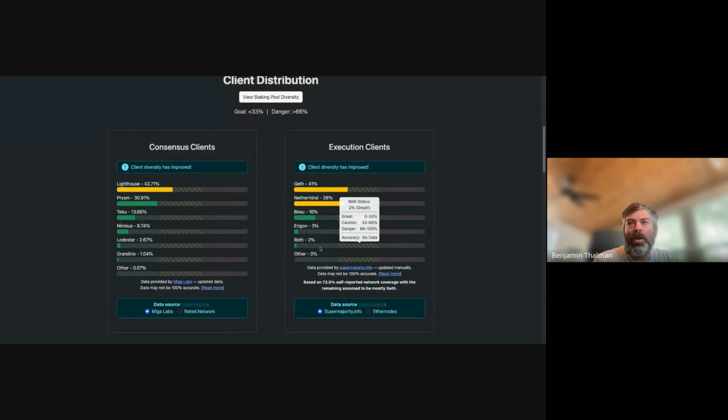Anyway, if you've heard of these clients, for instance, execution clients: Geth, Nethermind, Besu, Erigon, and then consensus clients: Lighthouse, Prysm, Teku, these are the implementations of the specs. So, when we go back to